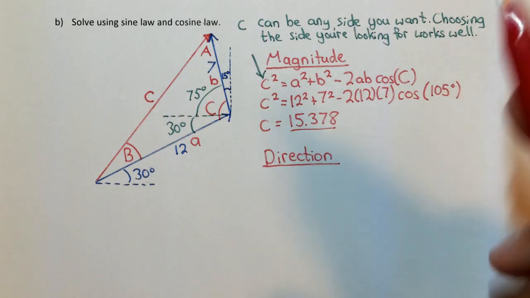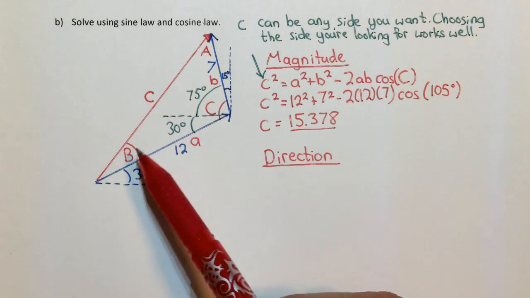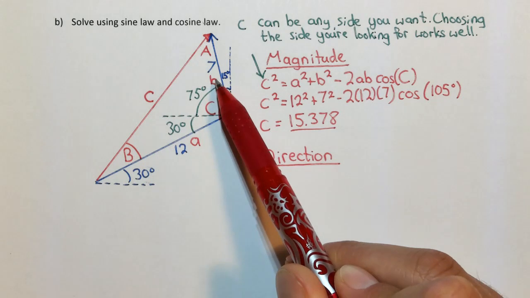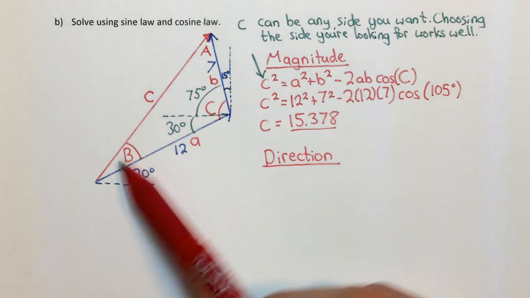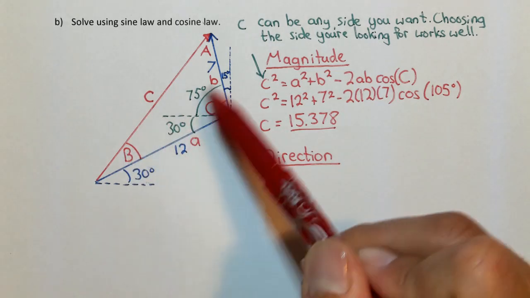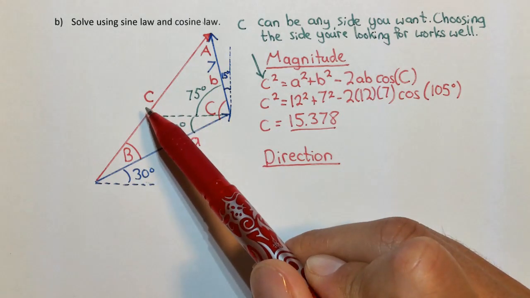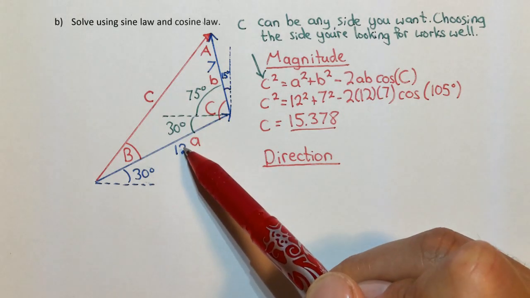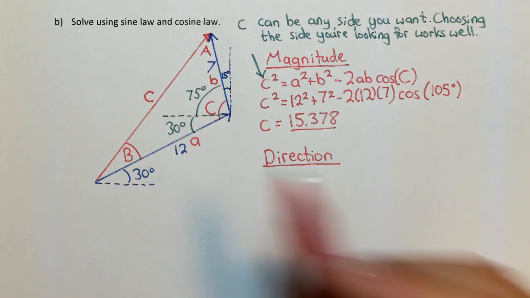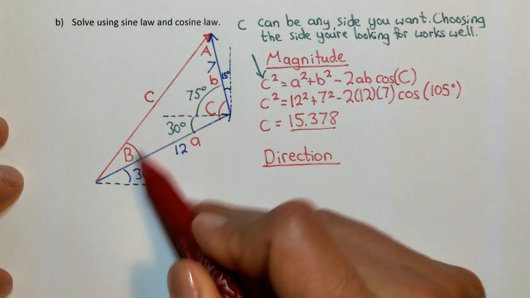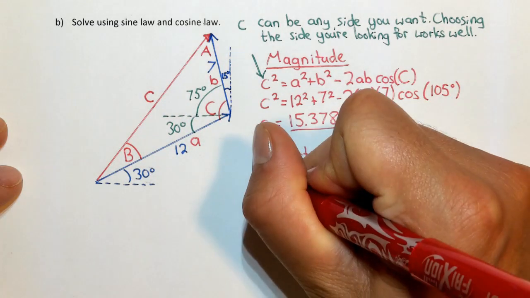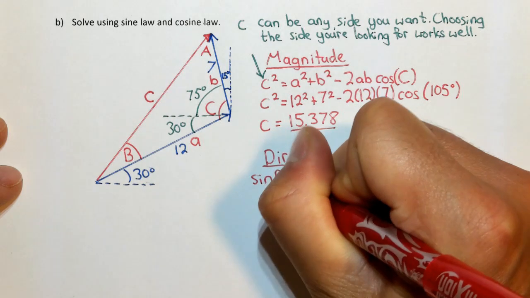So the sine law says if you take the sine of any angle and divide it by the length of the opposite side, the number you get will be the same regardless of which pair you picked. Whether you picked B and b, or C and c, or A and a, you'll always get the same number, dividing the sine of the angle by the opposite side. So, since I'm looking for angle B, let's use my B pair in sine law. So sine of B over b